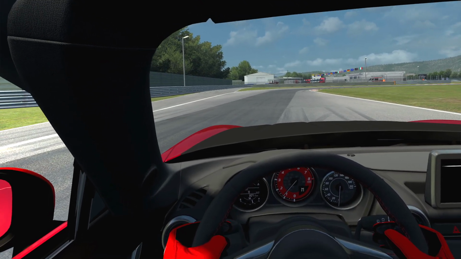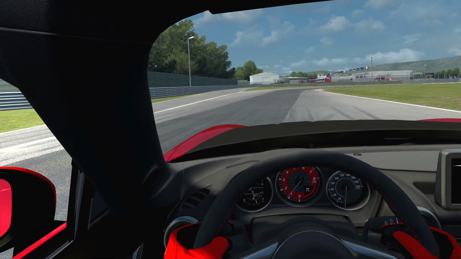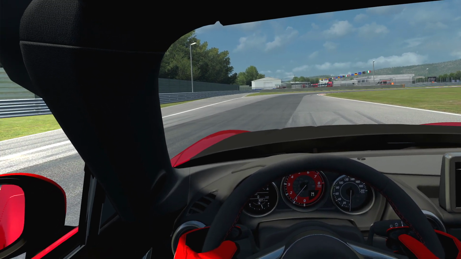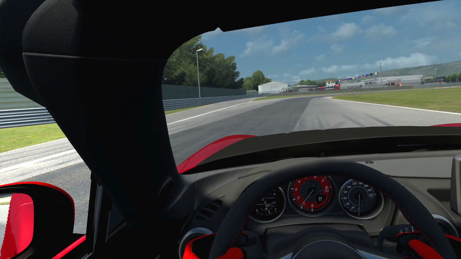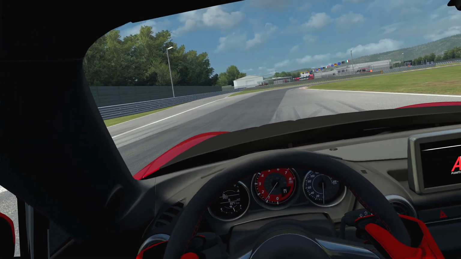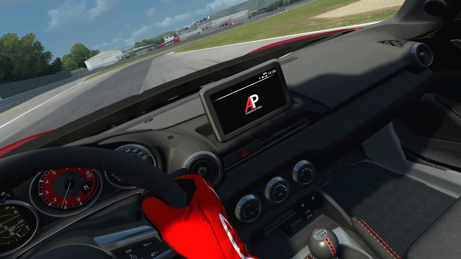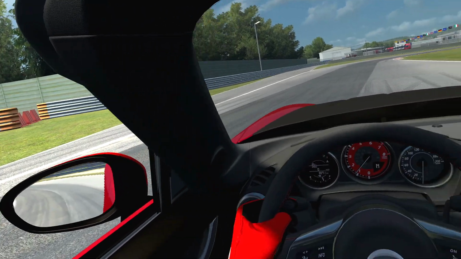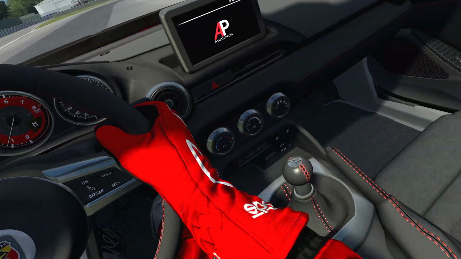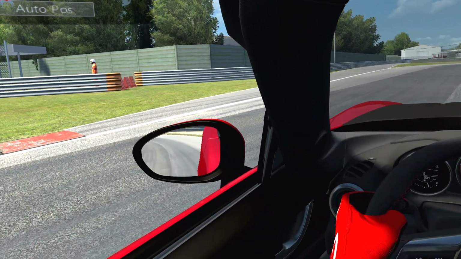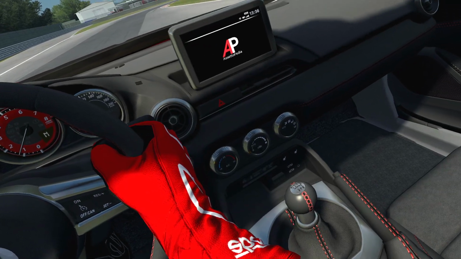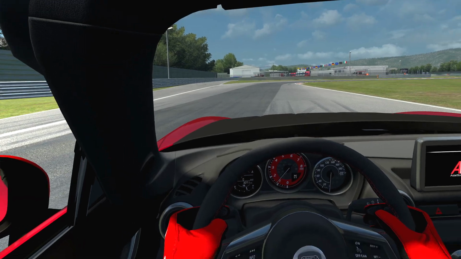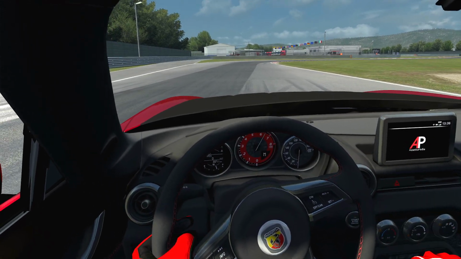And so what I noticed was having the horizon lock on at 100 on a flat track like this, the feeling I got was as the app made me look into the apex and I looked down like that, rather than sort of come up and be straight and look like this, it was a sort of violent straightening. It just seemed to somehow even out the look up. So as I would approach the corner,